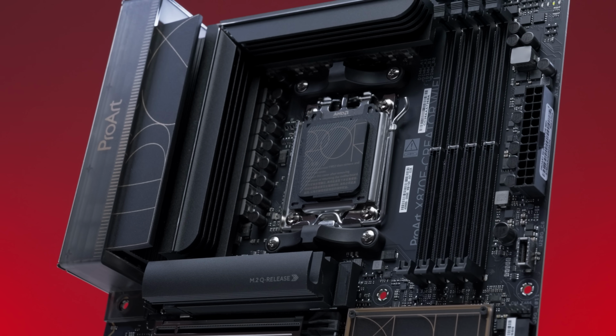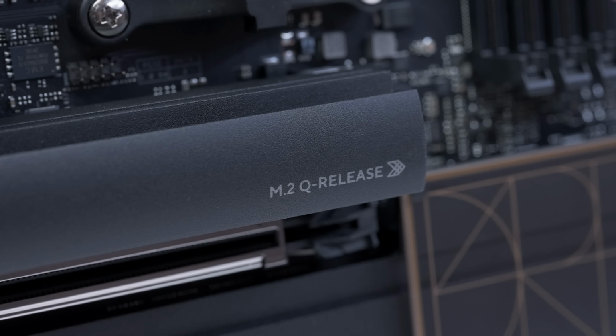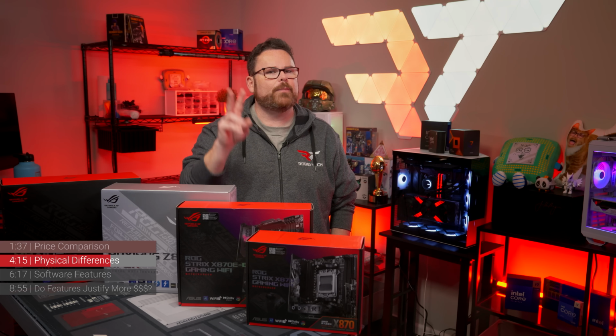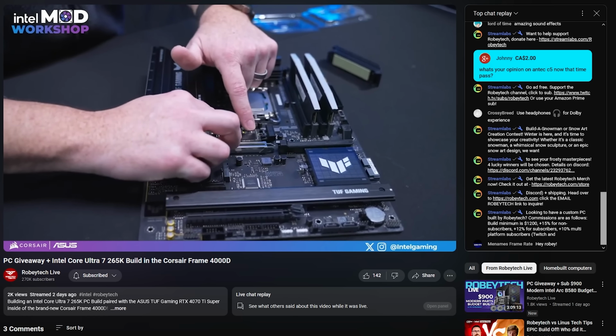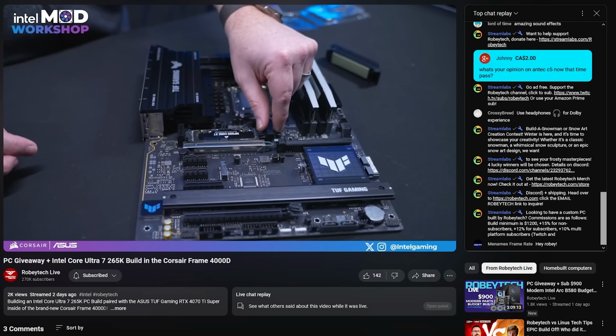Now, sticking in the ballpark of PCIe devices, we have to point out a couple of features with their PCIe 5 M.2 slot. This thing has ASUS's Q-Latch system, and if you're picking up on a Q-based theme, ASUS has a whole Q design category. Okay, so what about Q-Latch? What is it? Well, it's an easy push-tab mechanism that holds your NVMe drive in place without the need